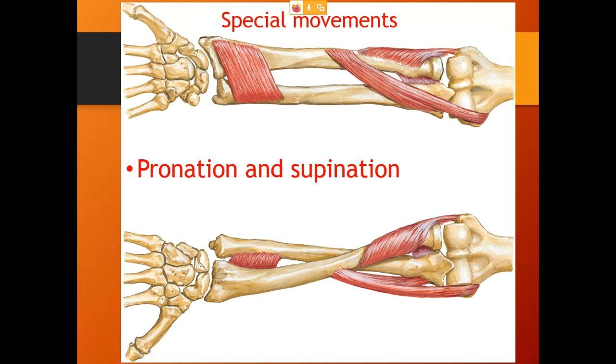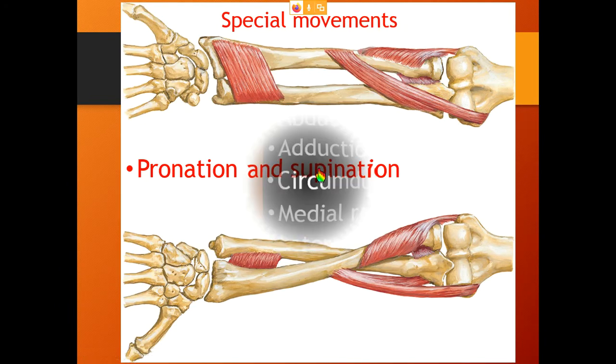Pronation and supination. In this normal position, these muscles are present like this. Some muscles pull the radius: the supinator and the pronator teres muscle. This is the pronator teres. The name itself says pronation. What is pronation? Projecting downwards towards the ground. Here the upper limb is projecting towards the ground, that's why it is called pronation movement. And keeping it lying on the bed facing upwards, that position is called supination.